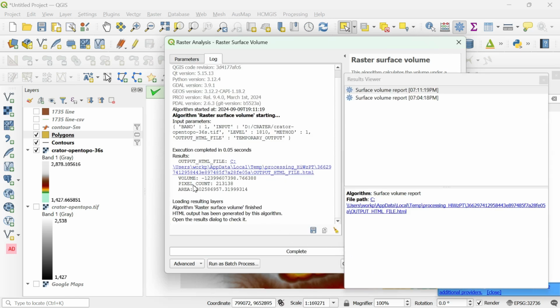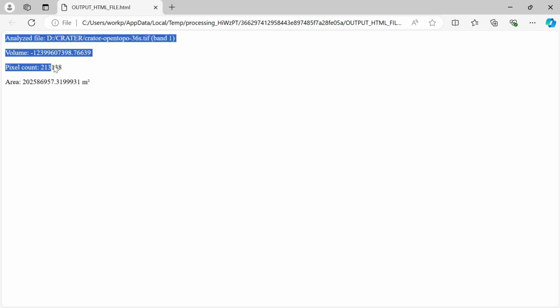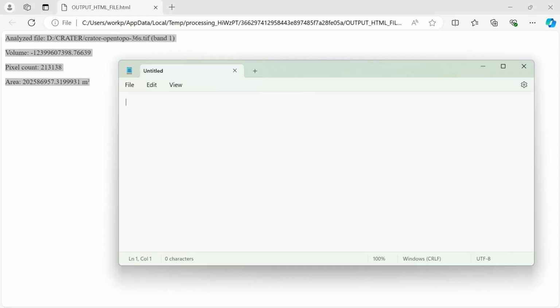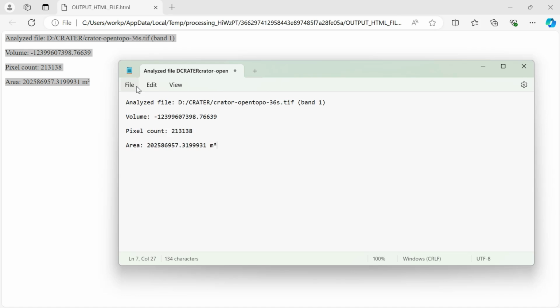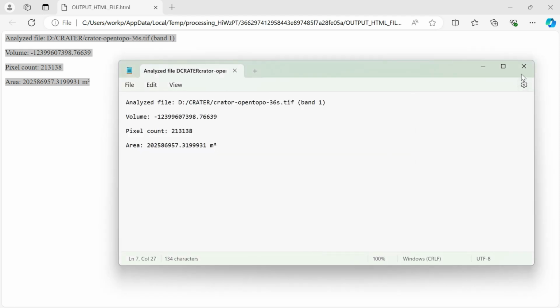Okay, we can see this much volume, pixels, area this much, and you can see your report here. So we go and save it in the same place, we'll select here save, and give it 1810 level. Okay, saved, it's complete now.